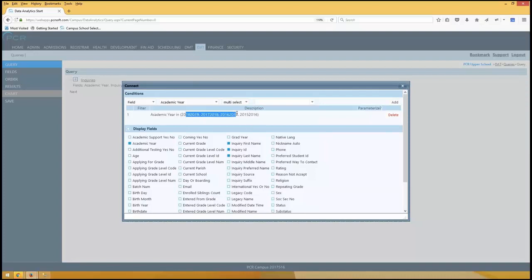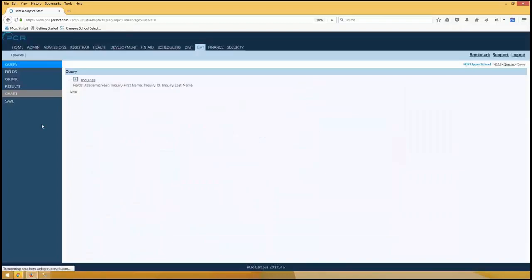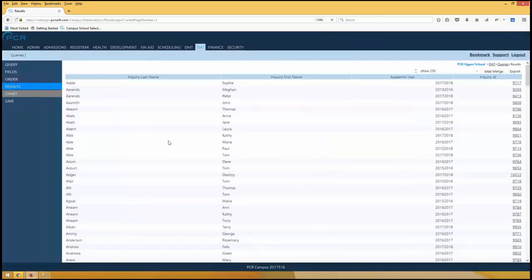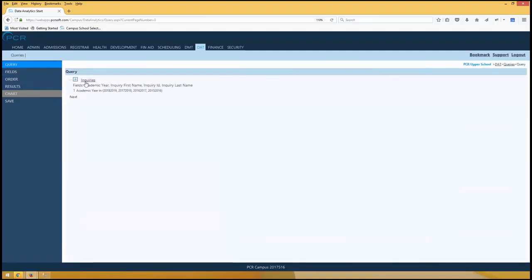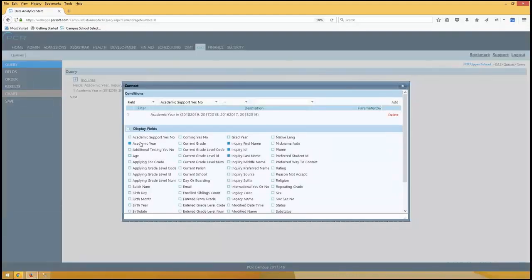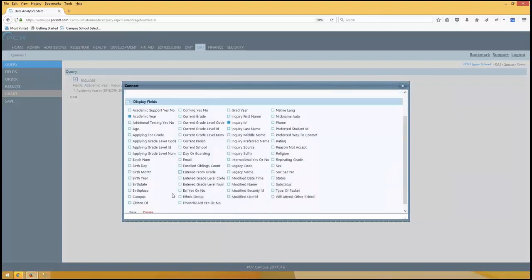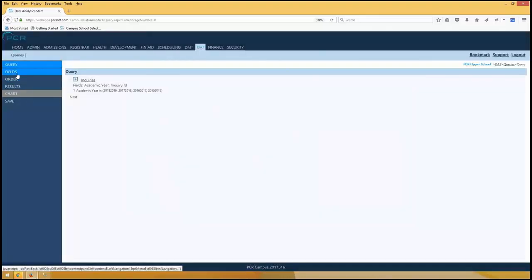So let me add this, and I'm going to run the report again just to show you what things look like right now. So now it gives me a list of all the applicants and only in the academic years that I had selected in my previous condition. So now comes the part of pivoting. What you can do is hide everything but the academic year and the inquiry ID. You can go to your fields,